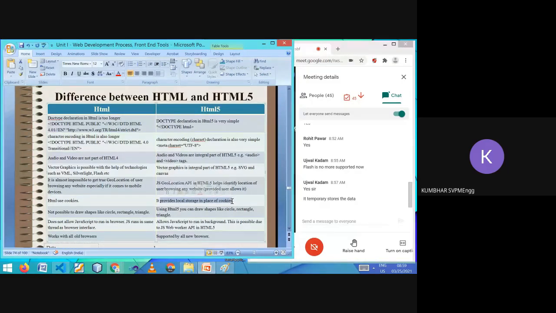See, many times you might have seen that whenever you log in the first time, the browser asks, do you want to save the password for future use? That may be one example. Or whenever you send the first request to the server, at that time the server responds, and along with that it sends some unique identification of the client, some ID.